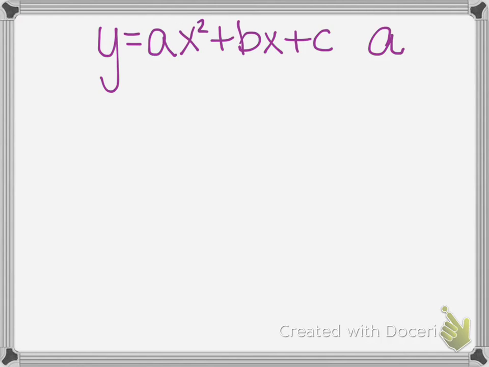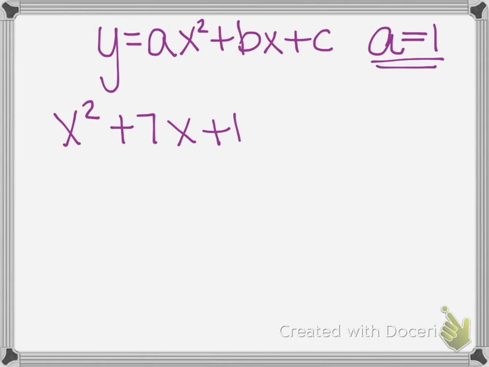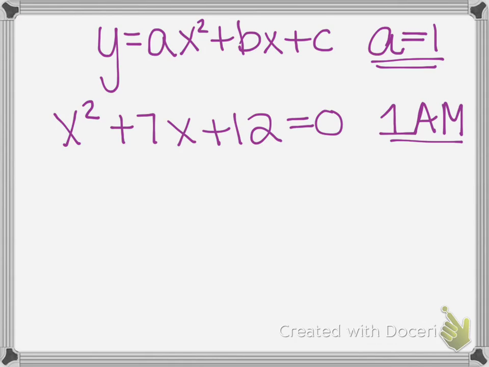But this is only when a equals 1. So, for example, x squared plus 7x plus 12 equal to 0. So a is 1, so we can factor this way. It's called the 1 a.m., like the time, 1 o'clock in the morning, 1 a.m., because it refers to 1